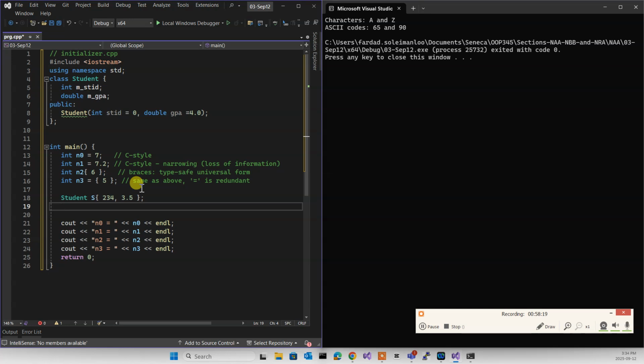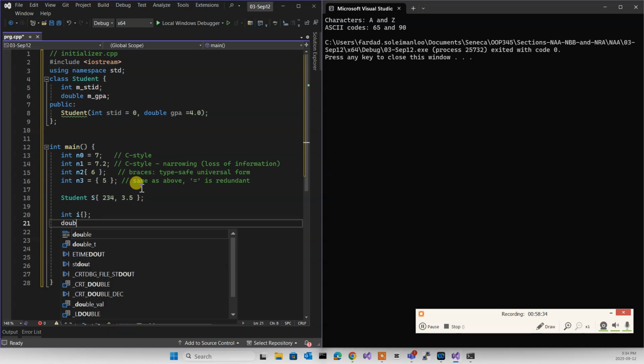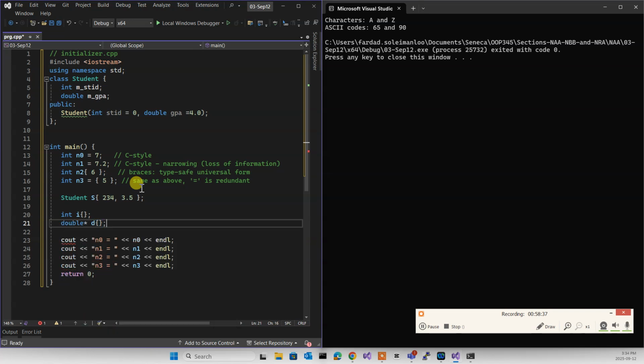Why is it type safe? This is why. You want an integer to be initialized to 0. You can write int I with curly brackets, and that's it. You want a pointer to be set. You write double pointer D, and you do that. You want a student to be defaulted. You write Student with curly brackets, and you do that. It's all the same.